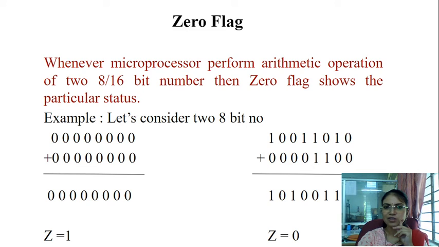रिजल्ट अगर 0 रहता है तो 1 दिखाता है और रिजल्ट अगर नॉन ज़ीरो रहता है तो आपको यहाँ पे स्टेटस 0 दिखाता है। गेटिंग? सो दिस इज अबाउट द ज़ीरो फ्लैग।